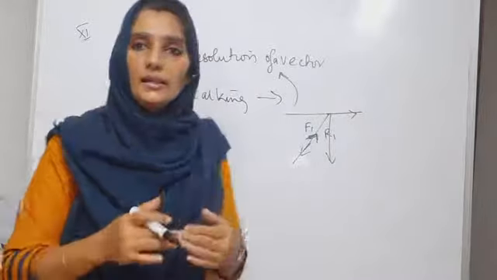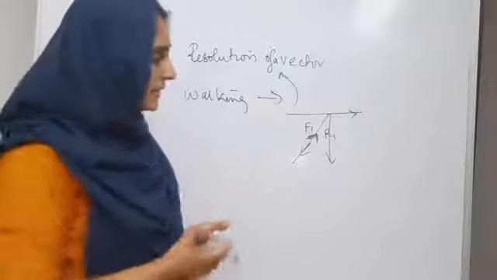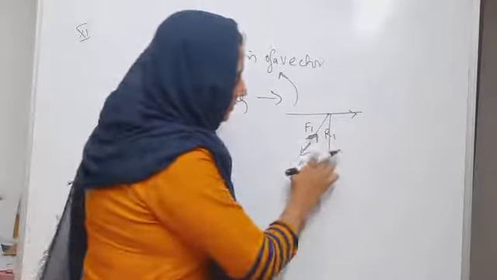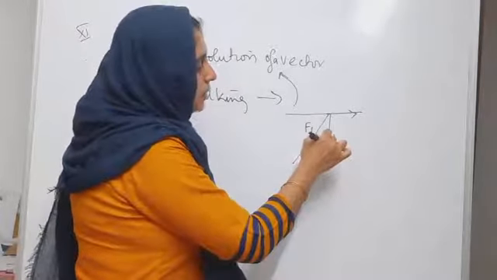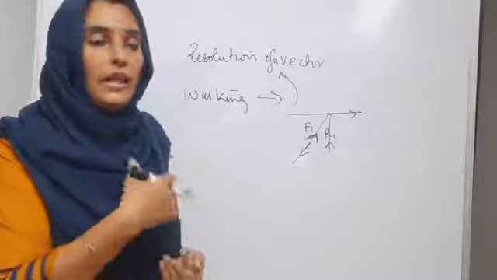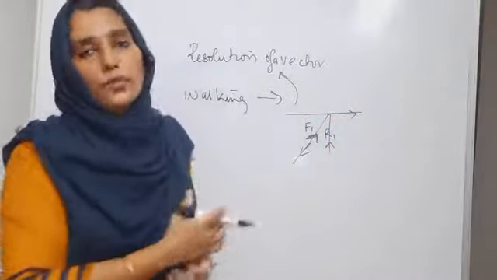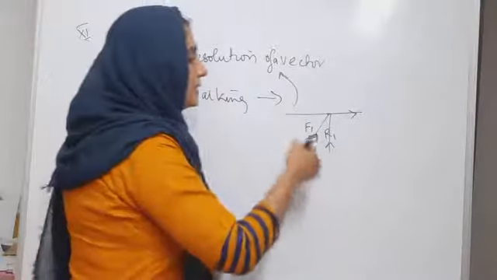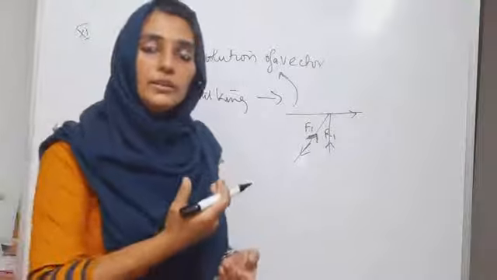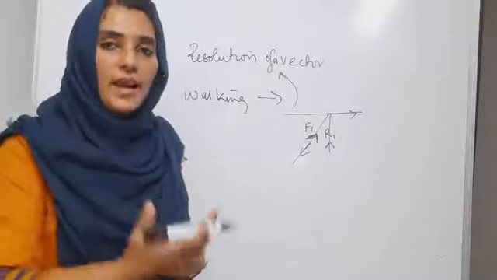Actually, the perpendicular component balances our weight because it acts in the opposite direction, while the parallel component, in the forward direction, will help you move forward. So this happens as a resolution of vectors, that is pushing the ground with a particular force in the backward direction will have a reaction force